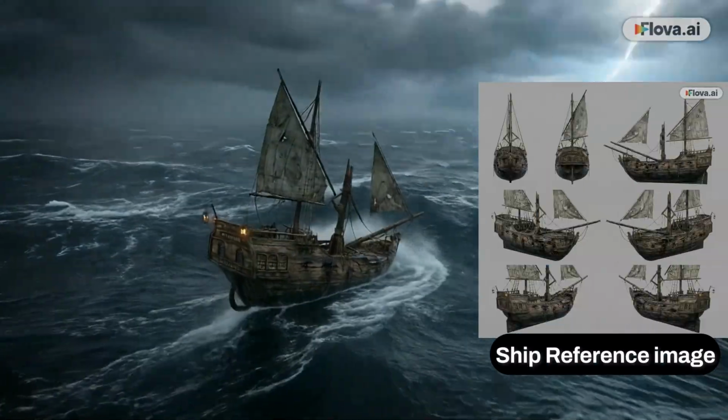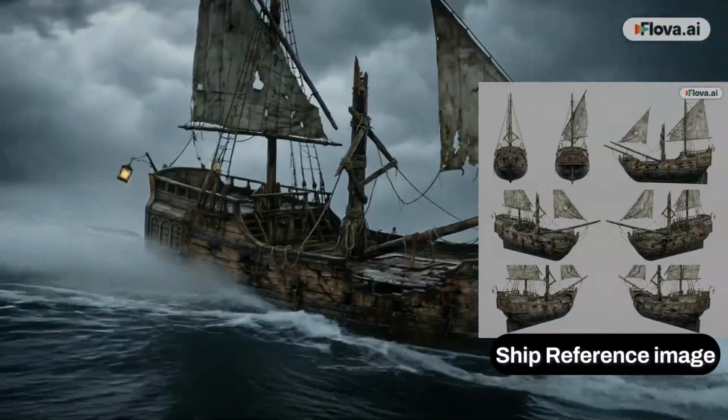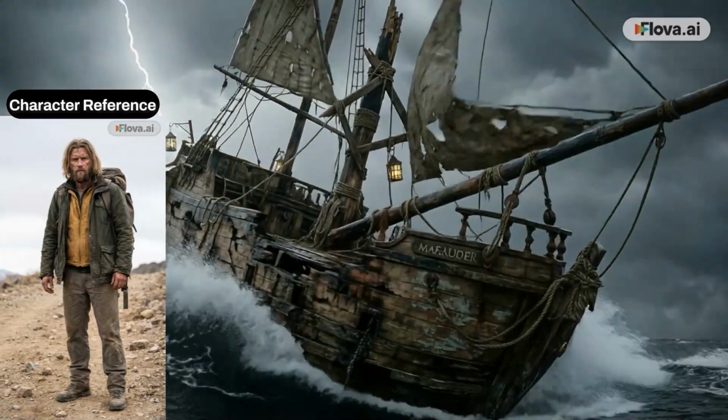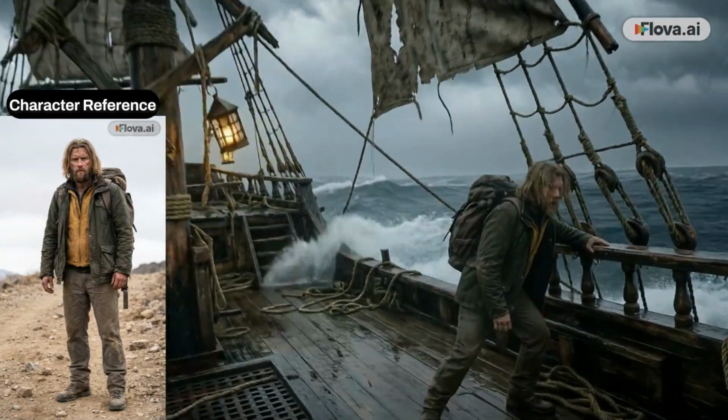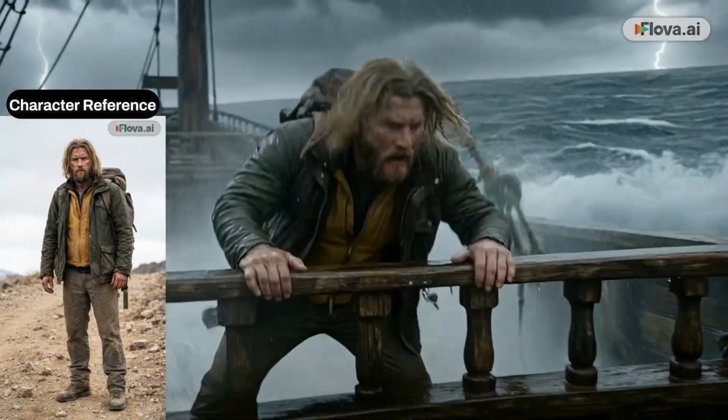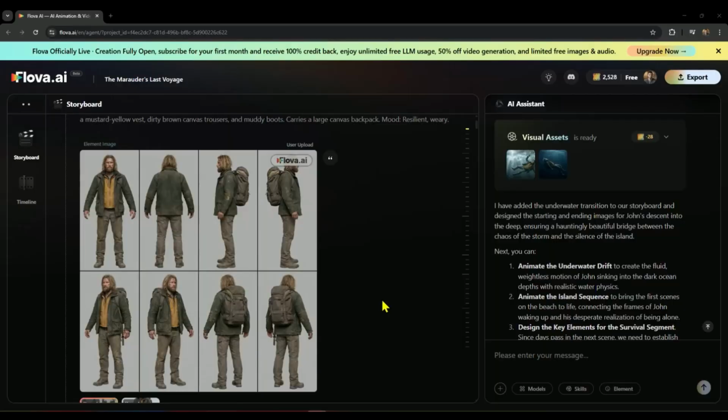Want to make short films with perfect character, scene frames and location consistency, but with zero hassle? Then stick around, because by the end of this video, you'll be convinced that the future of filmmaking is officially here, and it's all powered by AI. Before we dive in, I've got to show you a quick demo of what this AI agent can really do. Once you see its power in action, you'll realize why you cannot afford to miss a single second of this